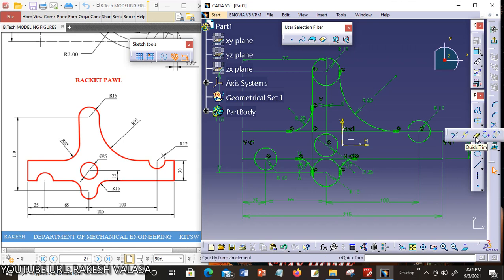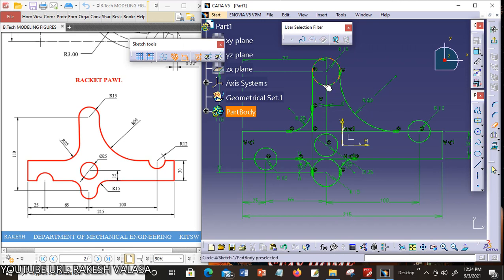You can choose from toolbar, or otherwise you can also choose insert menu, operation, trim, relimitations and quick trim. Double click on quick trim.